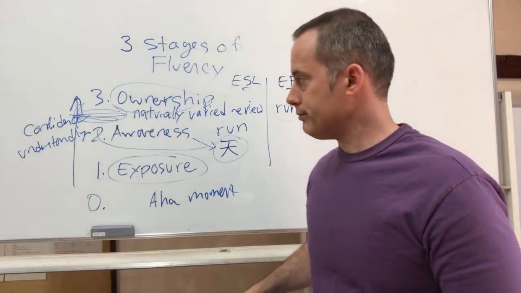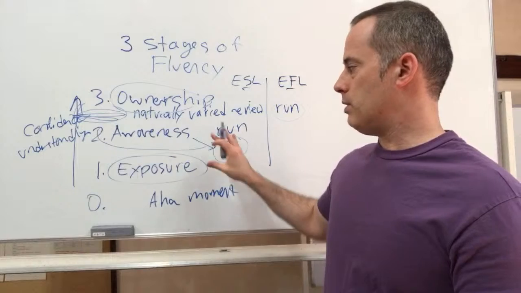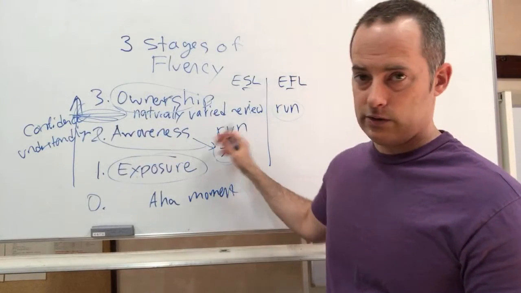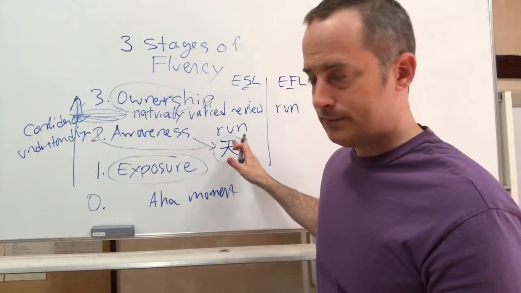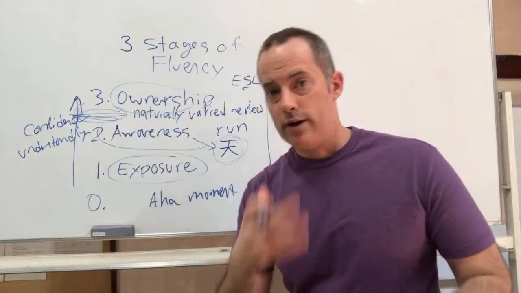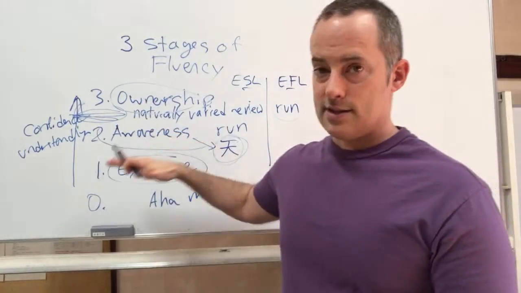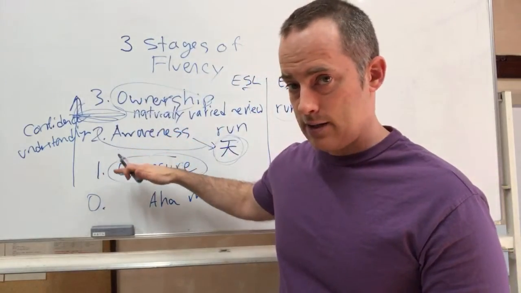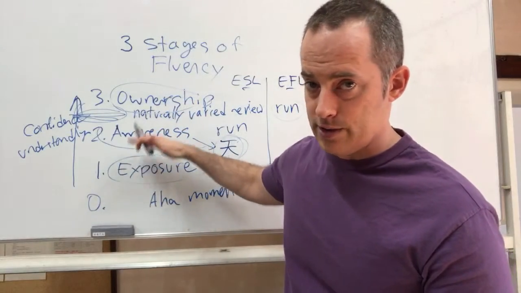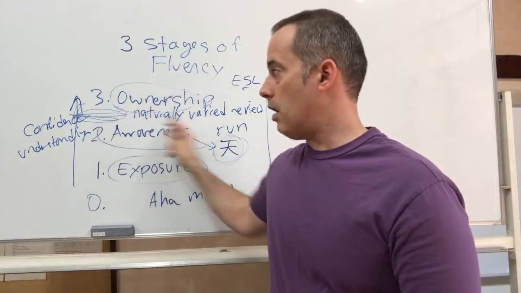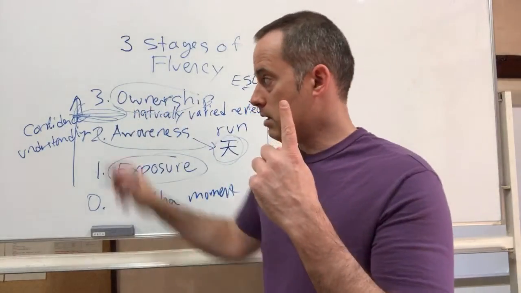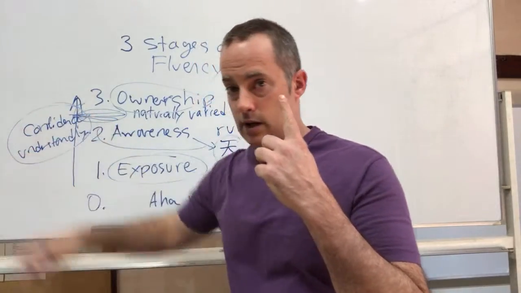All right? So naturally varied review is where we're getting lots of different examples and we're really trying to understand something like this. So we really want to get you to the ownership level, and I really want to make this point very clear: this is not about speaking practice. Fluency is not about speaking practice, it's about how well you understand the language. And when you get to the ownership level, that's where you really understand it. So the first thing is that it's about confidence and understanding.